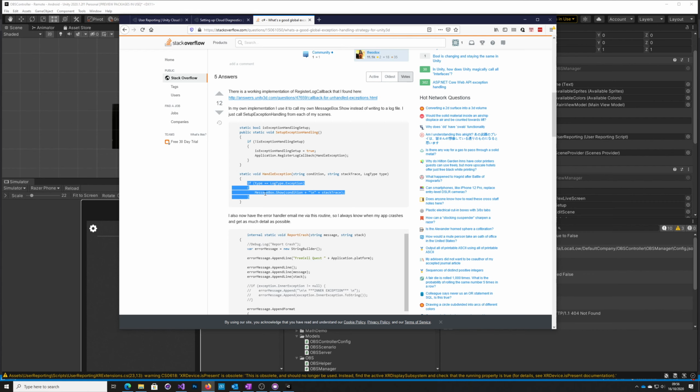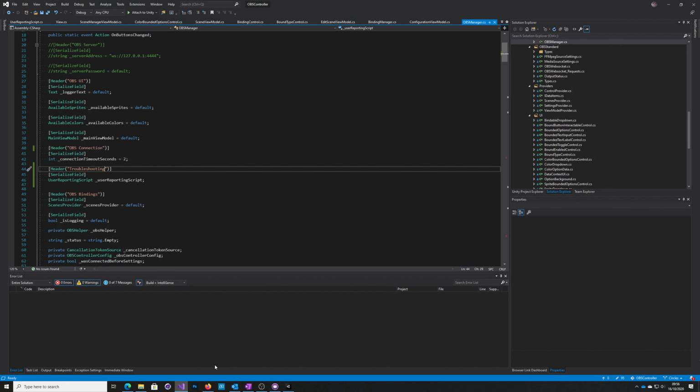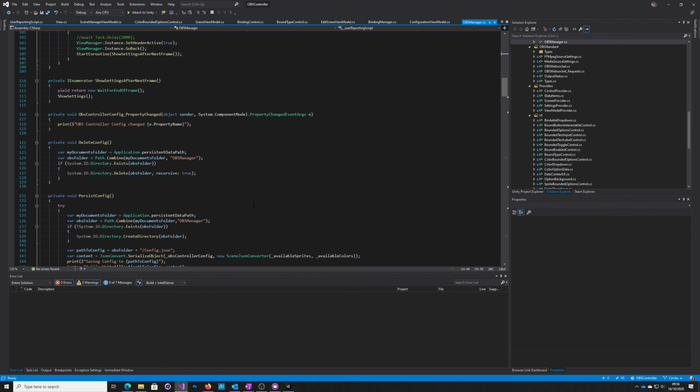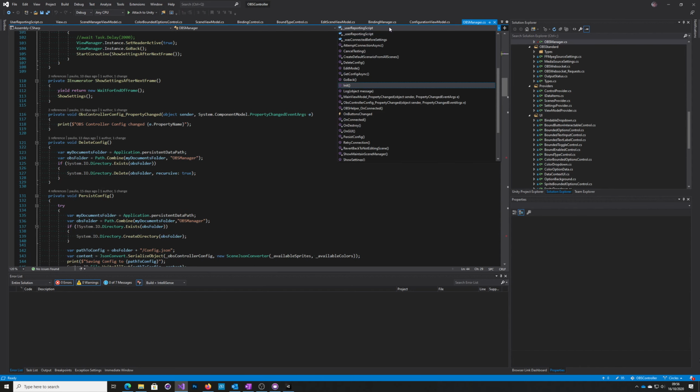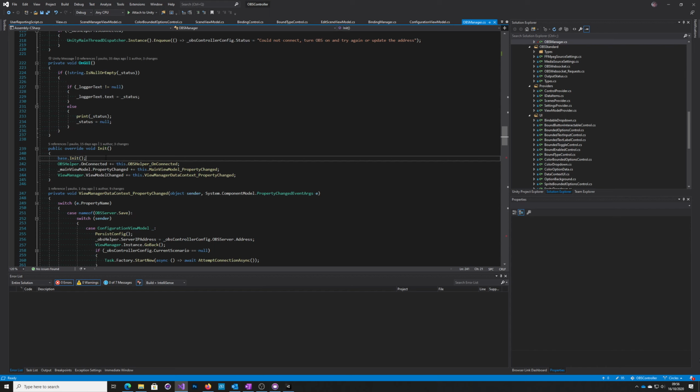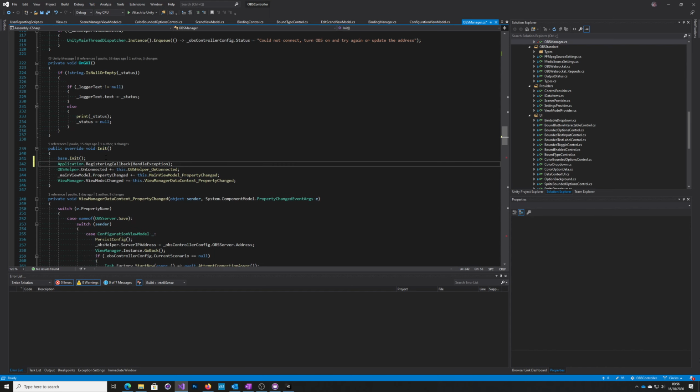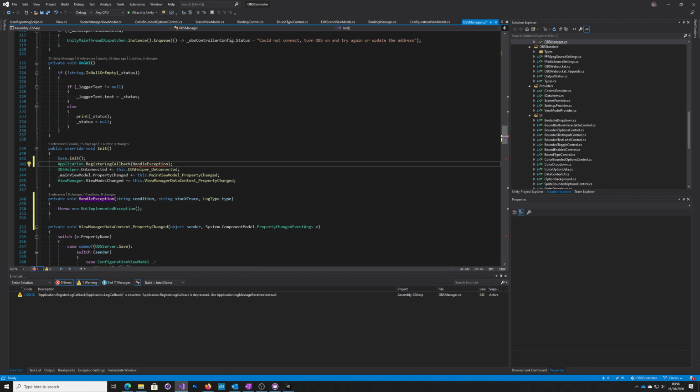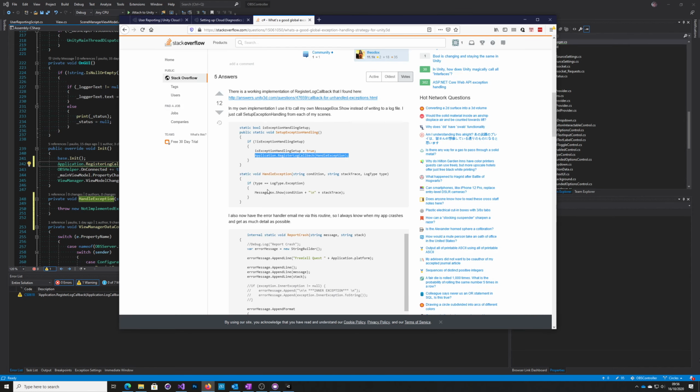I don't mind that, that's okay. So first thing to do then is to come into my OBS manager, because that's my game manager, and in it we'll start to handle exceptions. This looks reasonable. So we say if the type is an exception,